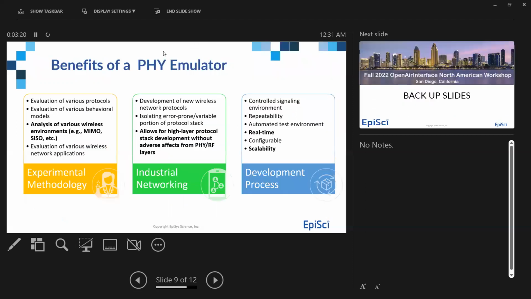All right. And so the last part of the who, what, where, when, why is the why. So these are the benefits of the PHY emulator. We've broken it down to 3 main sections: the experimental methodology, industrial networking, and the development process. So experimentally, having a PHY emulator allows us to analyze various protocols, behavioral models, and various wireless environments, such as